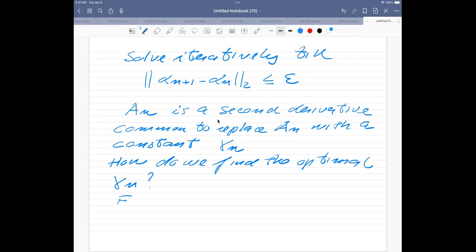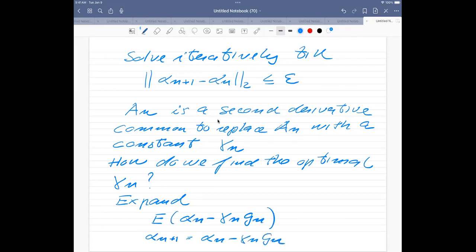So let's make an expansion now. Let's expand this expression, the energy around alpha of n minus gamma of n times g of n. Because this is now back to Newton's equation, we found that alpha of n plus 1 is equal to alpha of n minus gamma of n multiplied with g of n. This is nothing but Newton's method, where we have replaced the ugly second derivative with just a constant. So we just expand the energy around that,